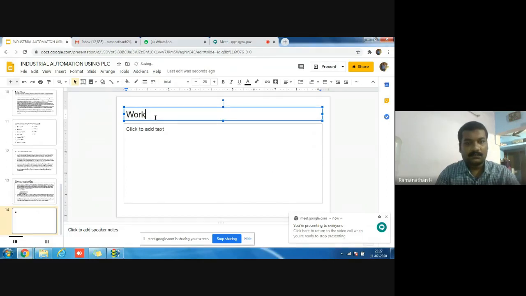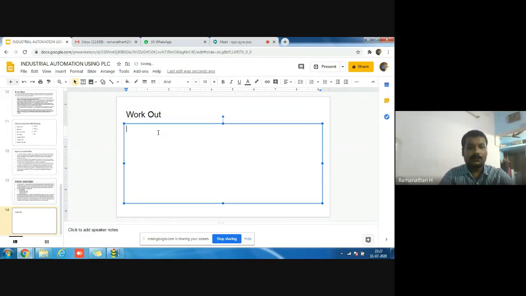Just your code: how to use a single button to on and off your coil, or bulb, or motor, anything, using ladder logic.